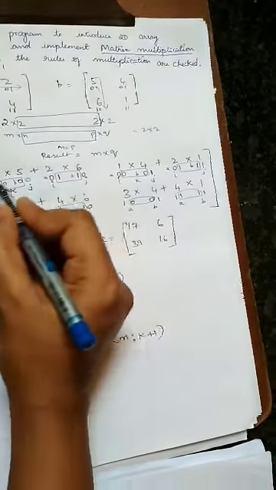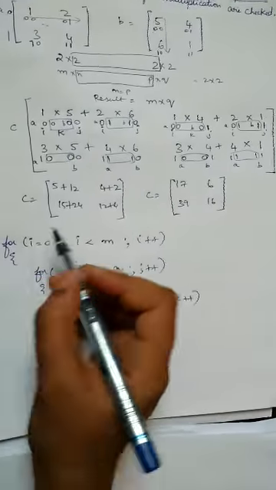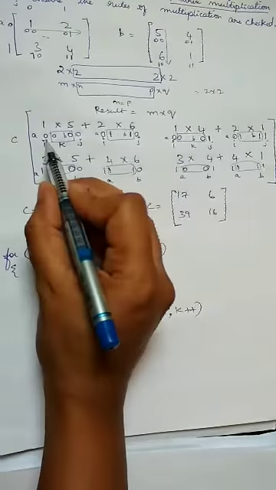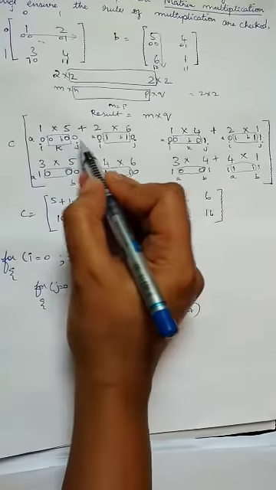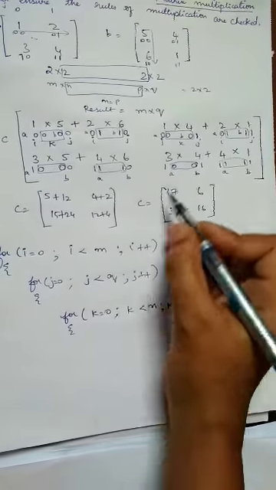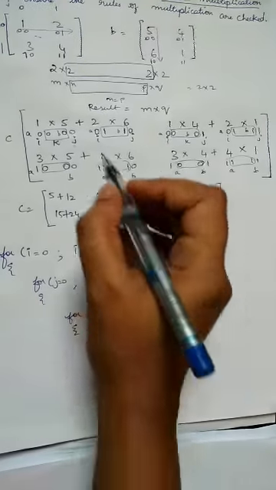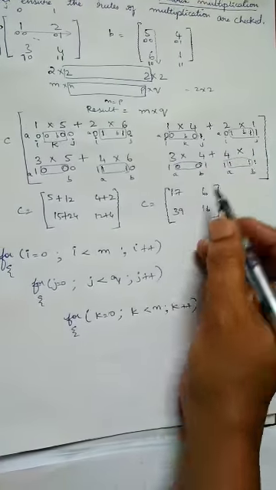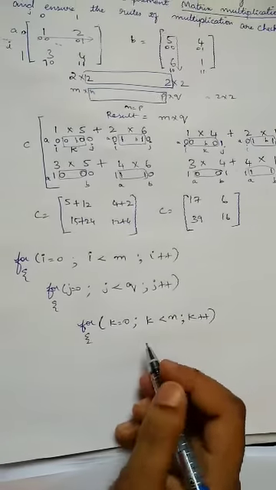Whenever I want to access this particular row completely, I am putting it in the outermost for loop. You can observe here i value is 0, just observe i is 0. That's why it is the outermost loop. And then j is changing from 0 here, next column 1 it is changing. So one more inside loop we have put. 0 to 1 it has to change, whereas k inside itself 0 1 it is changing. Again it changes to 0 1 here itself. So that is why k we have put as the innermost for loop.